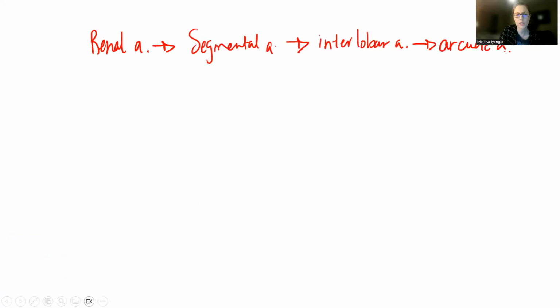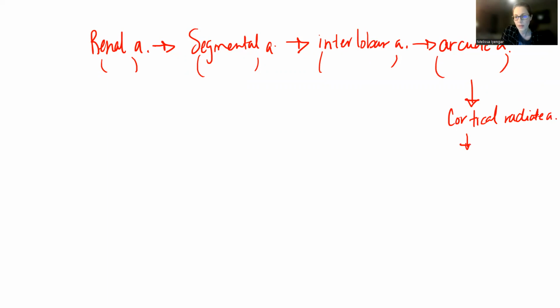And then if you're really good, you might want to write down where you would find this in association with the kidney so that you understand that. Sometimes that makes good multiple choice questions. So the arcuate becomes the cortical radiate. Excuse me, wrote that wrong. The cortical radiate artery branches into the afferent